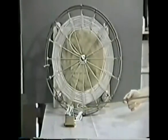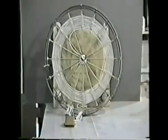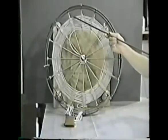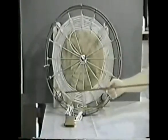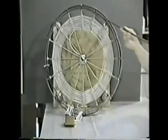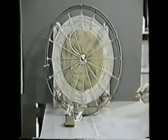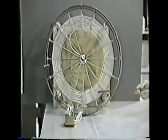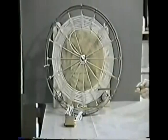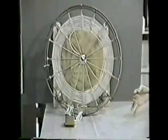Each turn begins here and goes all the way around on the bottom, and then comes to the top of the same layer, and then goes all the way around again, and then comes to the next inside. So the first 2 turns are here, second 2 turns are here, third 2, fourth 2, fifth 2, etc. So that each adjacent winding has,